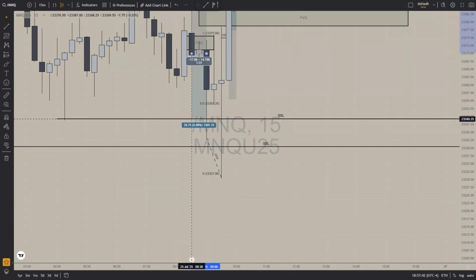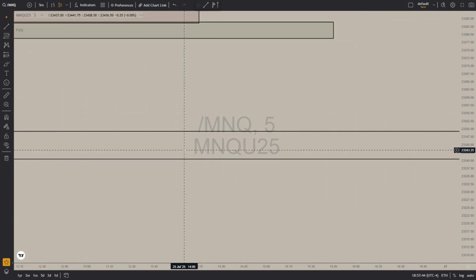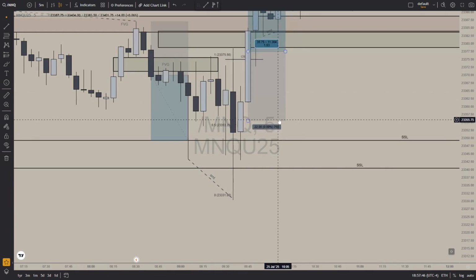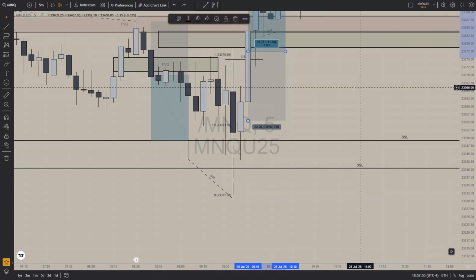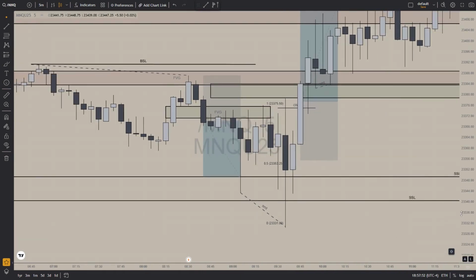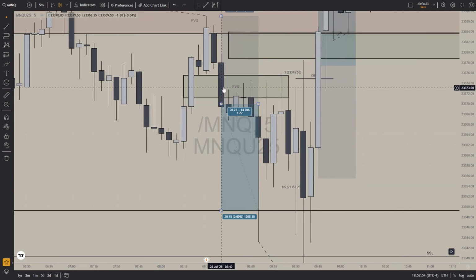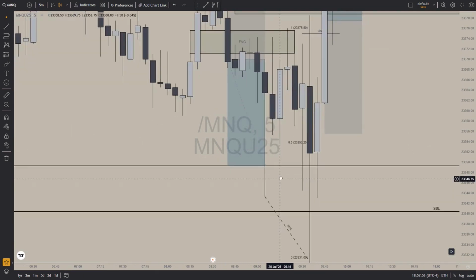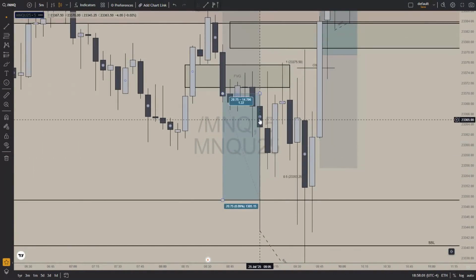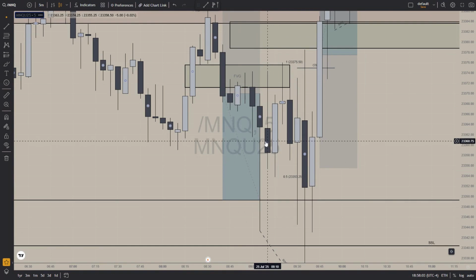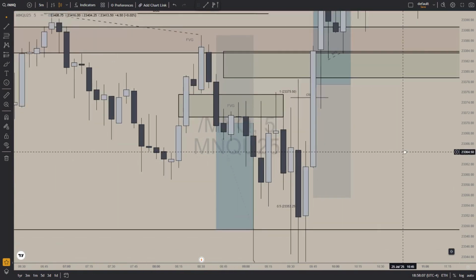The draw that I actually got taken while I was in the trade was only this one right here before I ended up getting stopped out at break even. So initially we came down, took out this low. I was waiting to take out this low. And as you see, we came back up here after taking this low and stopped me out at break even, which was fine because